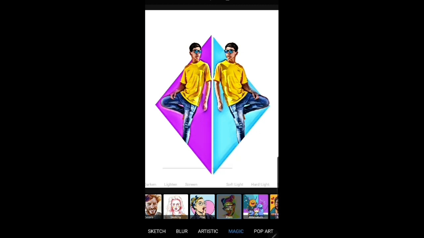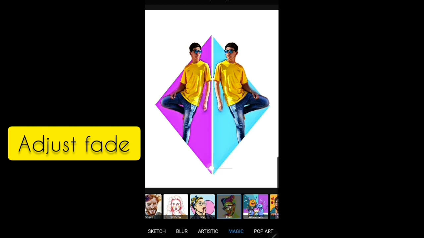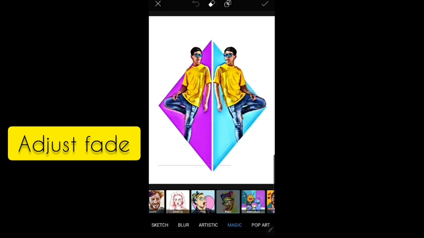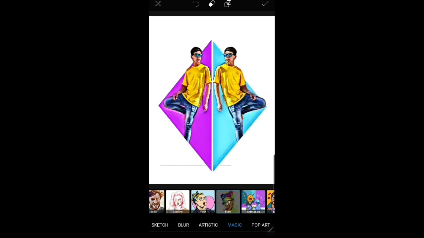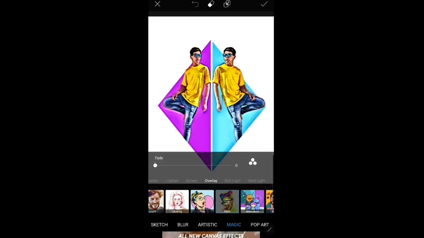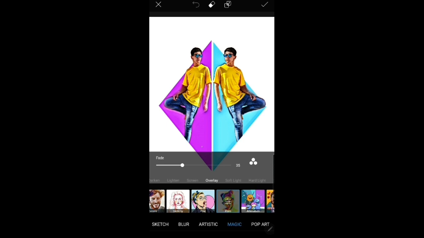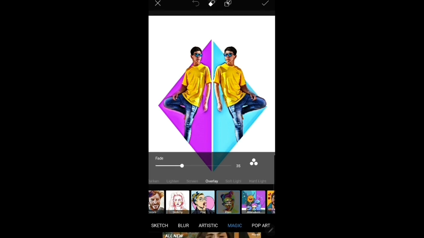And you can fade and see the changes and select the area that you prefer. So I like to go with this amount. It's good for me. Select the erase option